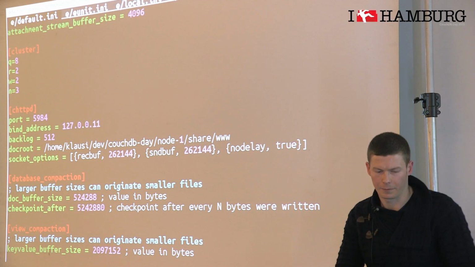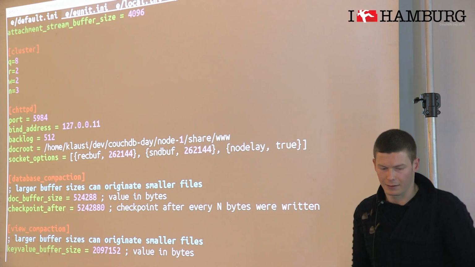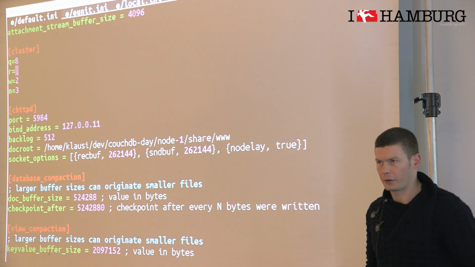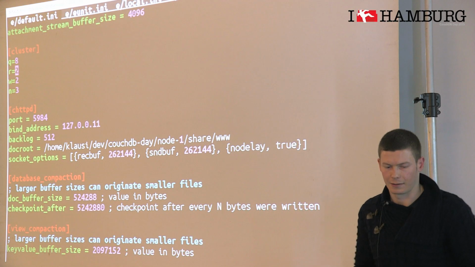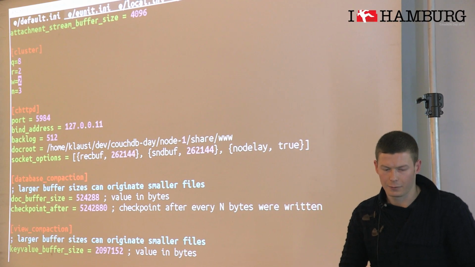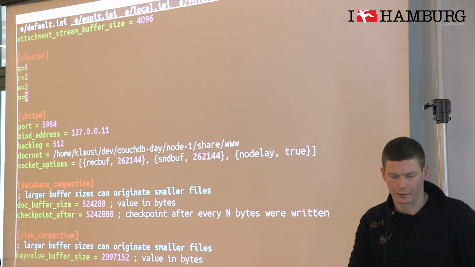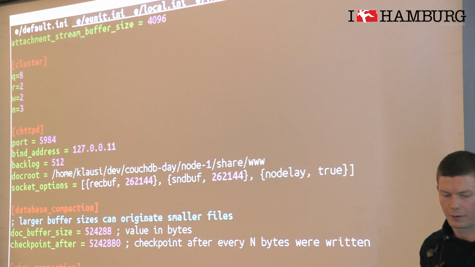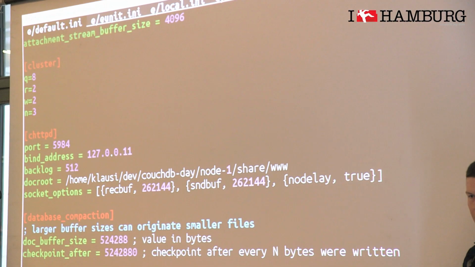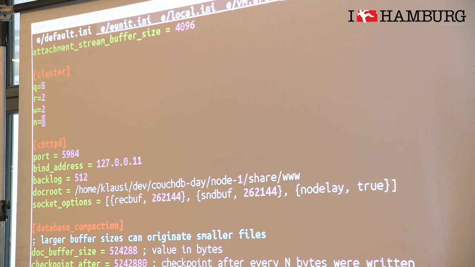So R is the number of reads. If you read from a cluster, at least 2 nodes are being requested, and the same for W, and N is the number of total replicas in the cluster. So CouchDB will make sure that each datum that you store in the cluster will be replicated to